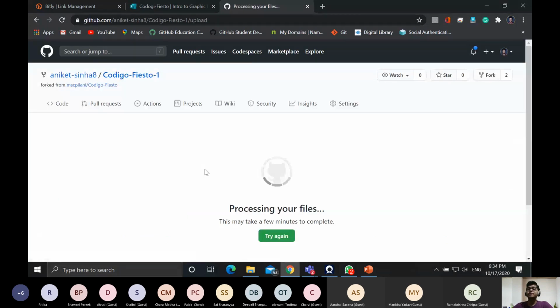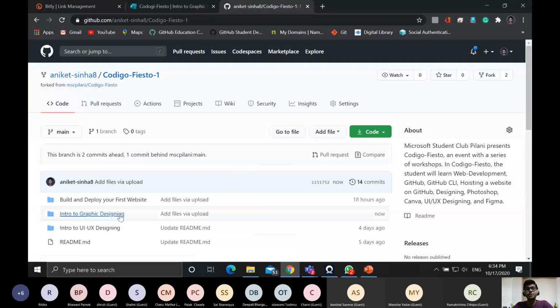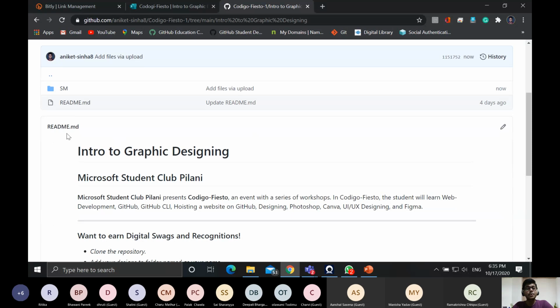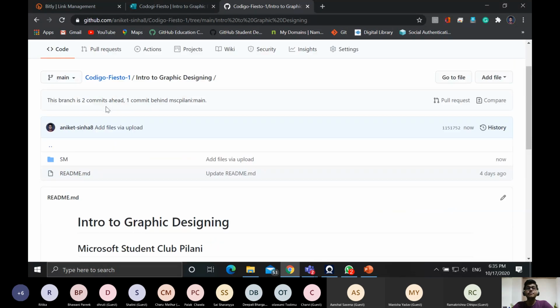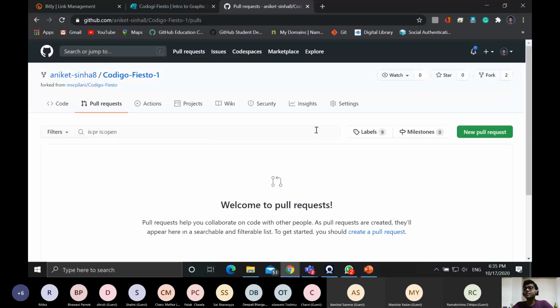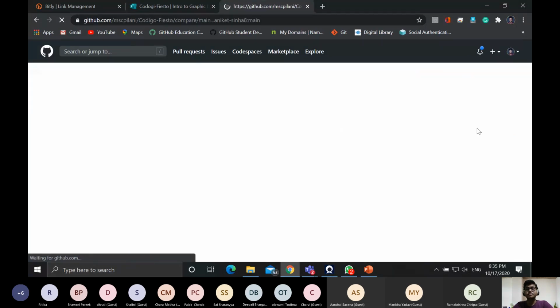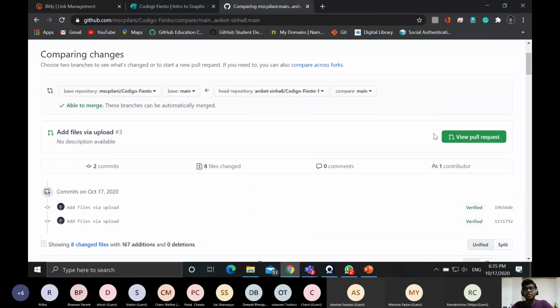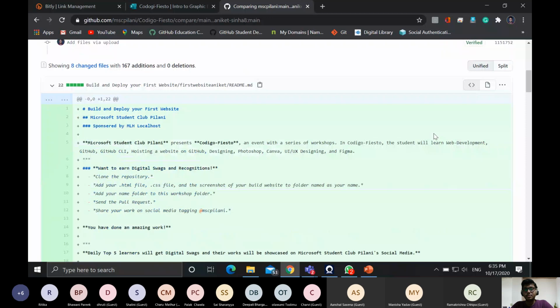This is processing. So you can recheck it by going to this folder. You can see that the folder which I uploaded is present here. Okay. Now go to pull request. Tap on new pull request. And then